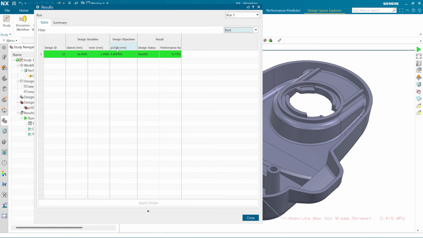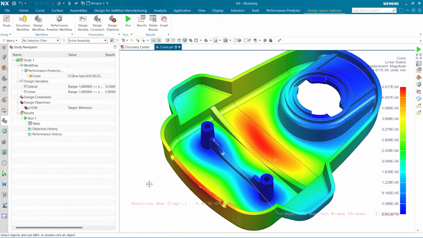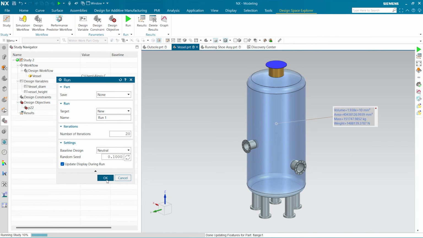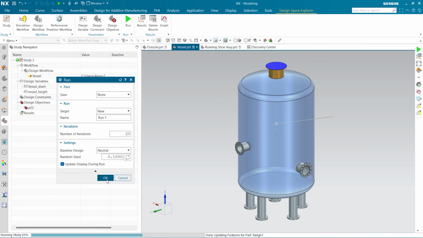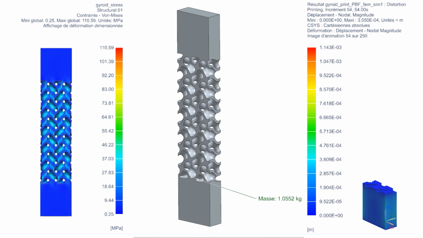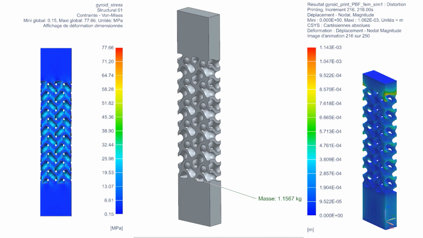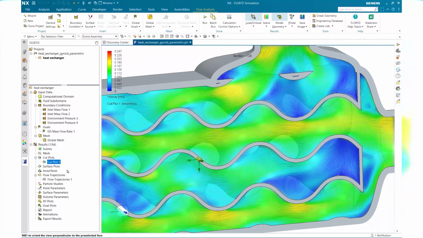When multiple design variables are specified, dozens of iterations are necessary to cover all the possibilities. This method can then save hours of engineering work. The Design Space Exploration workflow is compatible with multiple application cases, from tank effective volume optimization to the simulation of complex geometric structures, such as this gyroid optimization for additive manufacturing. A triply periodic minimal surface with a good compression resistance and a great potential for future 3D printed heat exchangers.